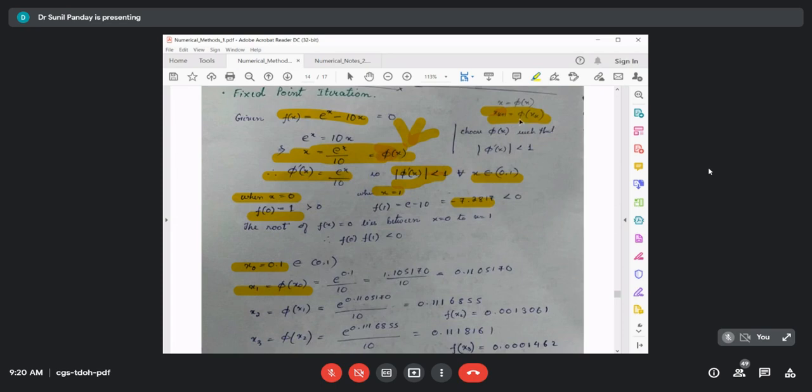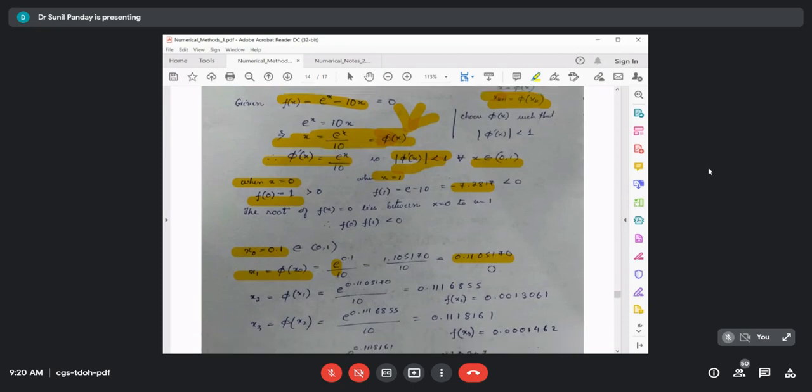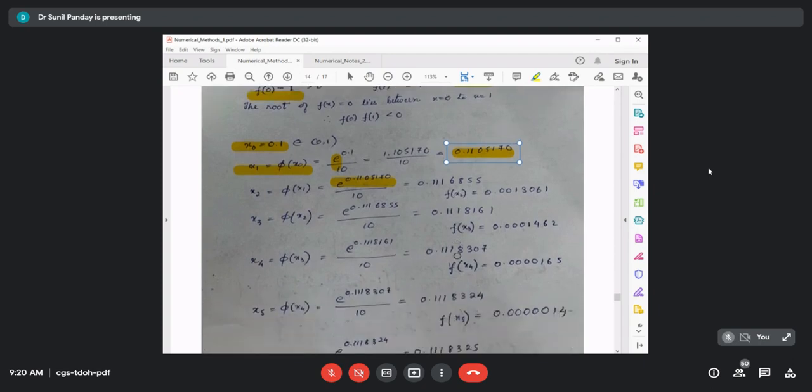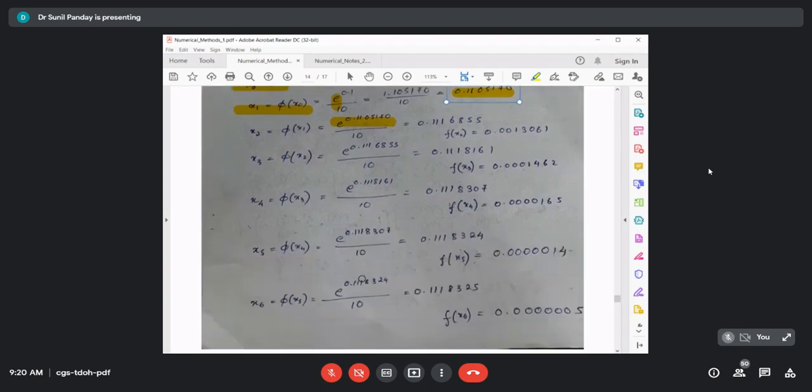So x1 is equal to phi of x0, and phi of x0 is e raised to power 0.1 upon 10, and after simplification this is the value. So this is my x1. Now to get x2, I have to calculate phi of x1, and phi of x1 is again e raised to power this upon 10, and this is the value. So after 5 or 6 iterations, x6 is this one,